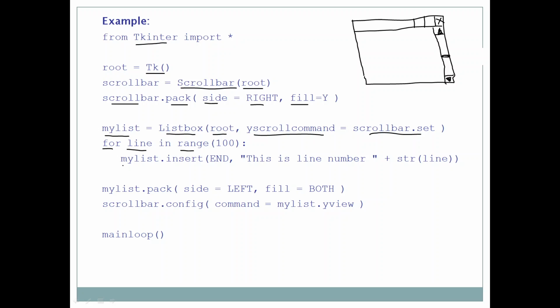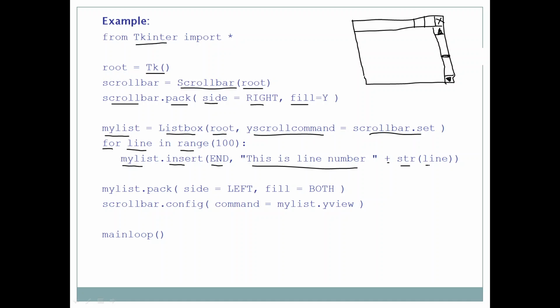So when I say mylist dot insert, now we have created a list, that is a list box, but there is no content in the list box, so we are adding the content here. With mylist dot insert, at the end of the list box we are inserting this line number and plus concatenation